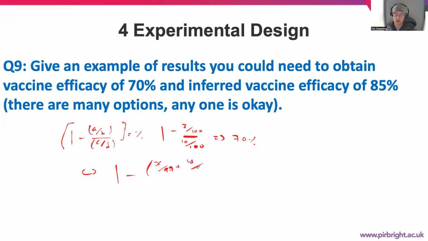So you got Y. Sorry, the other group, we might have 90 left over. And then we have our control group where we have some unknown value out of, for an inferred vaccine group. And what we need to do then is kind of solve this using